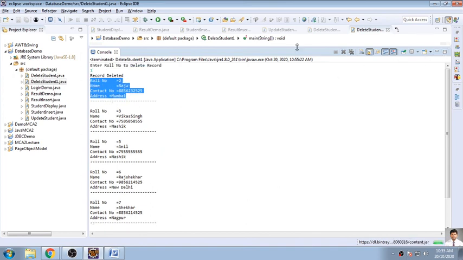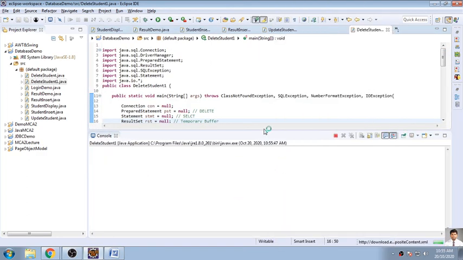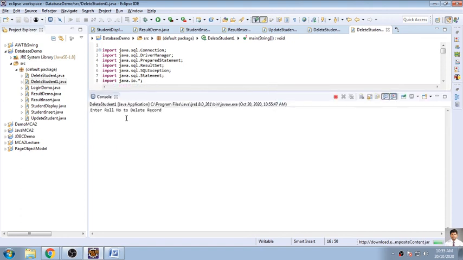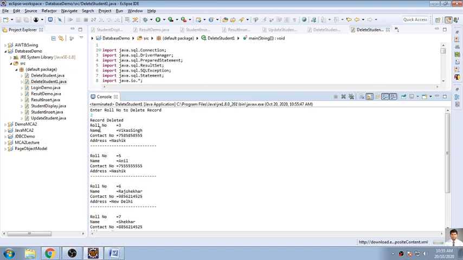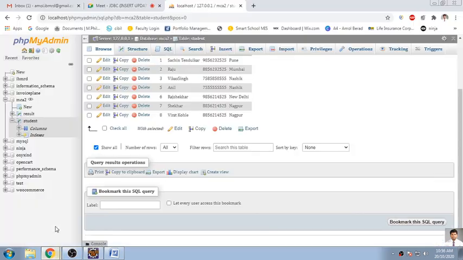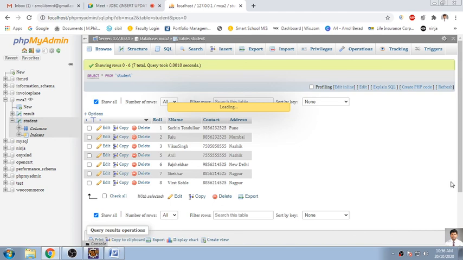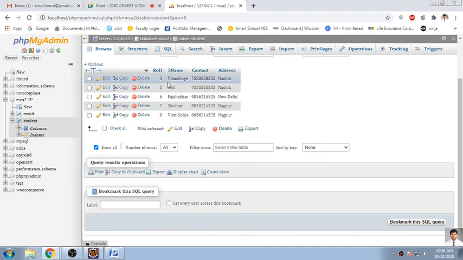If I again want to run this program and delete record number 2, it again asks me which record is to be deleted. I am entering 2. You will find record 2 is deleted, only 3, 5, 6, 7 and 8 are available, and we'll check the database whether it has happened there. Basically you will find all records displayed, but I have deleted 1 and 2. I just browse this, updates will happen in the database, and it shows that record 1, 2 has been deleted, 3, 5, 6, 7, 8 are still remaining.